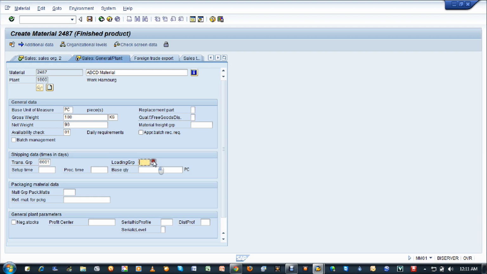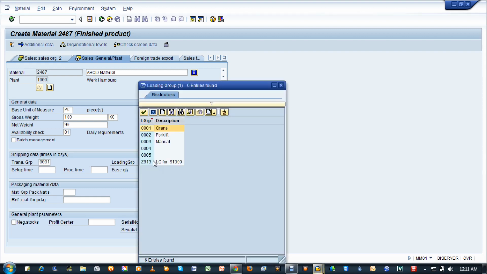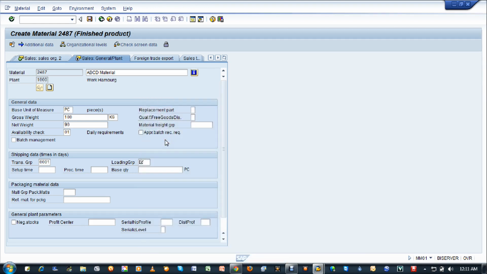And loading group, so I'm giving it manual. Okay, once you're done entering the 3 mandatory fields in sales general plant, you'll be going to the